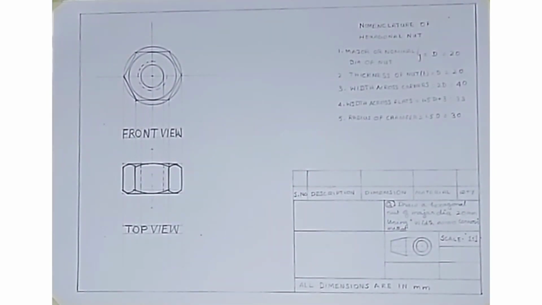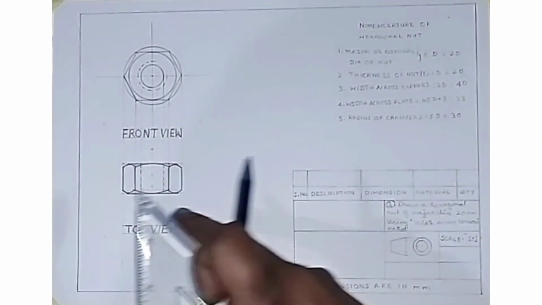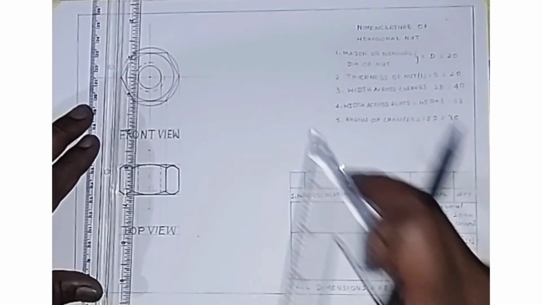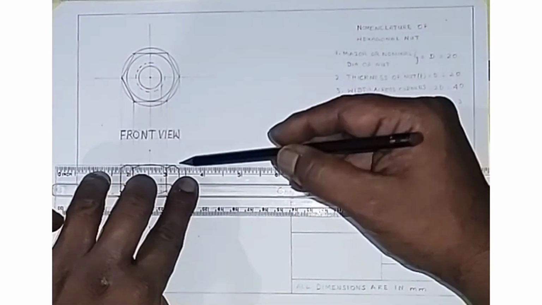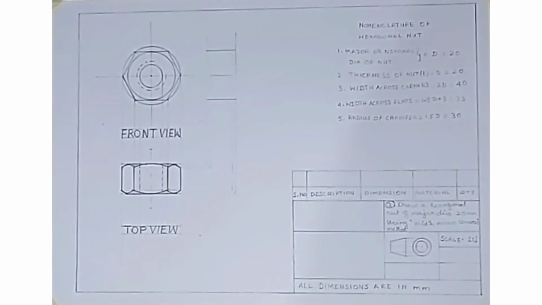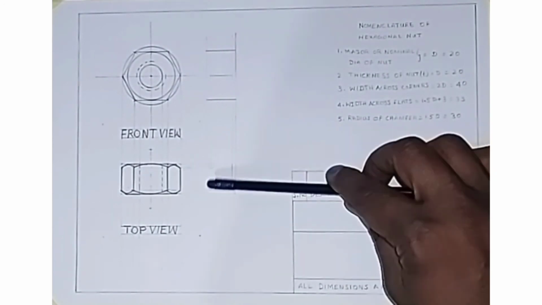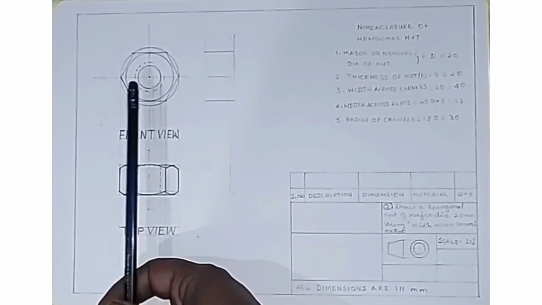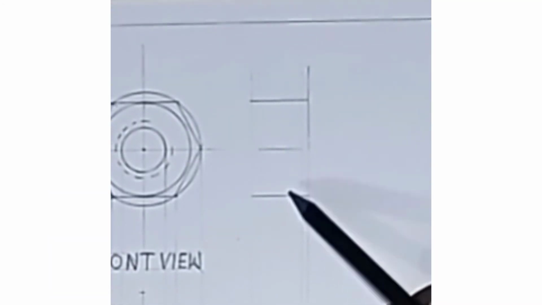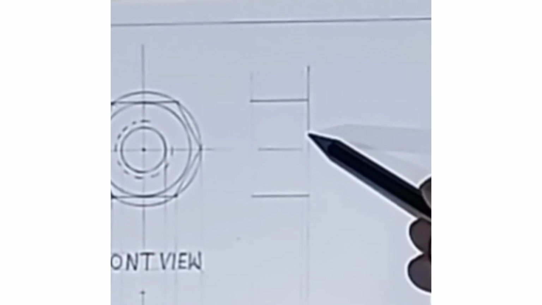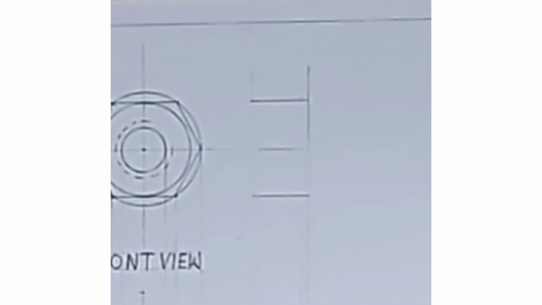Let me project the left side view by using both top view and front view. The side view is projected from the top view first, and it intersects with the line from the front view. So the required lines are 1, 2, 3, 4 and 5. So let me dark the required lines.